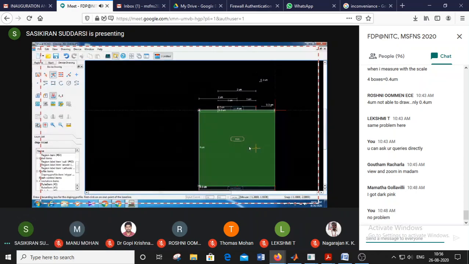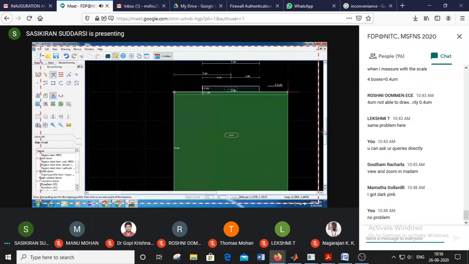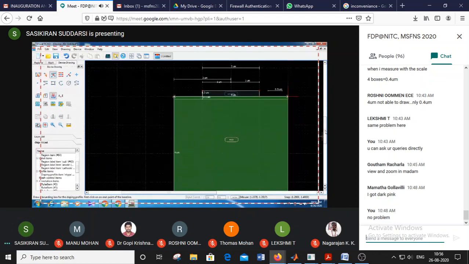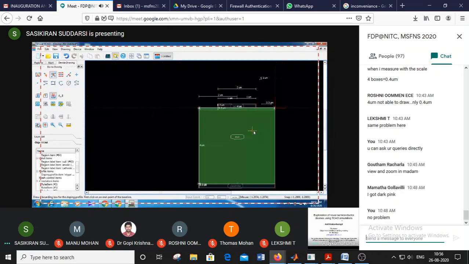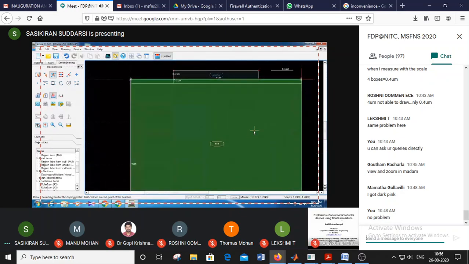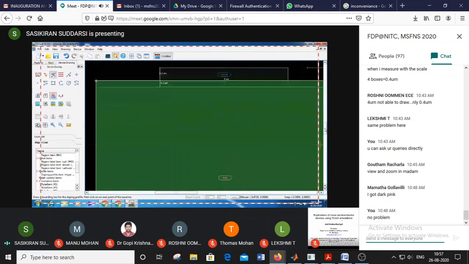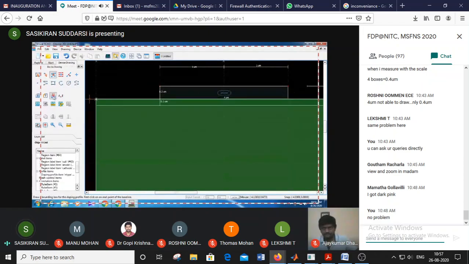Next, we will do the p-type doping in the same manner. Its default size is 2 micrometers by 0.1. So we will start here, end here, and drag this one.